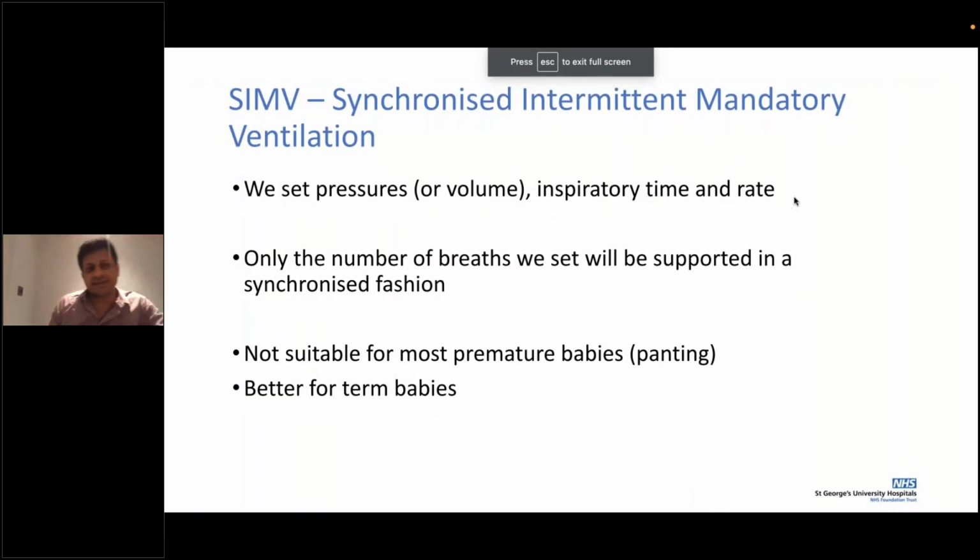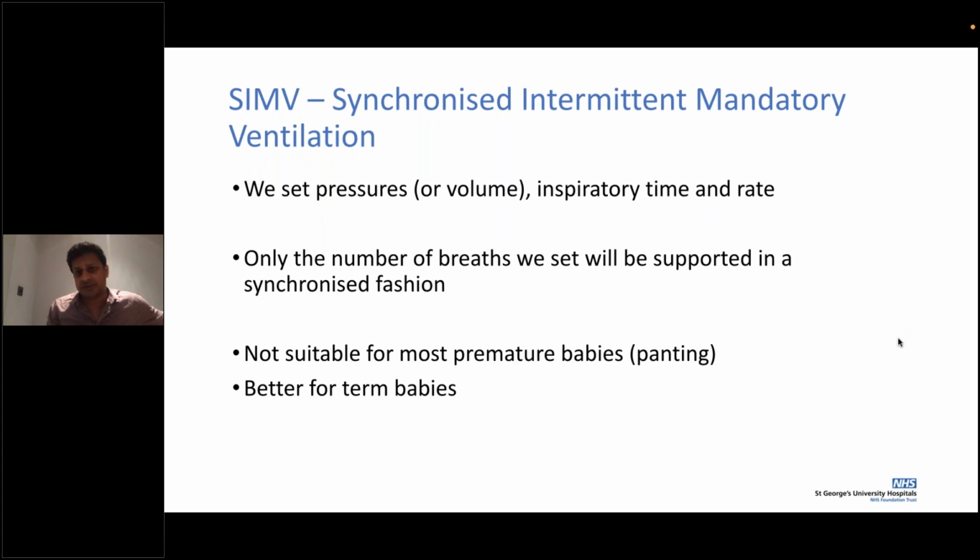So what is SIMV mode of ventilation? Really, it's more about a baby who's slightly bigger. You're getting overventilated breaths. Already your CO2 is low, but for whatever reason you still have to keep this baby ventilated. In that case, you don't want all the breaths taken by the baby to be supported. You want the baby to actually make an effort to sustain that pressure needed to have an effective gas exchange. So whatever rate is set on the ventilator, only those breaths are supported by the ventilator.